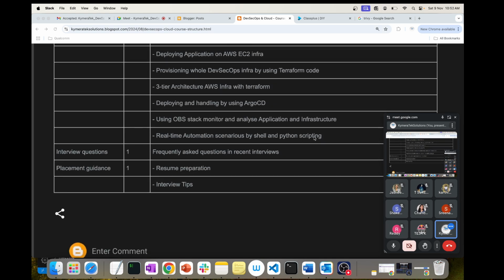And at the end, I'll provide a couple of automations, bash script based automations, where I'm going to set up some disaster recoveries, some health check related stuff using bash scripting. And using Python scripting, I have some scenarios which I have done in my experience. I'm going to replicate the same, show you this code, and share the code with you. Okay, now we have interview questions for each of these.